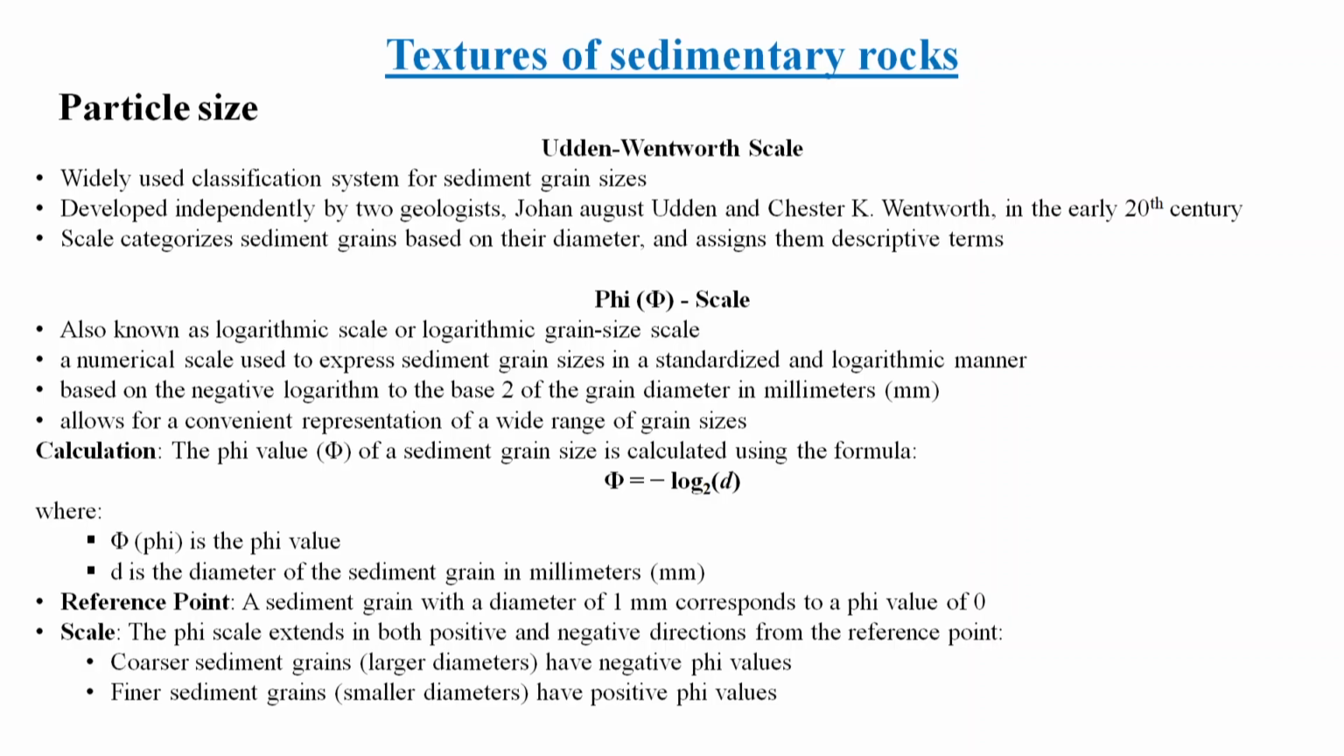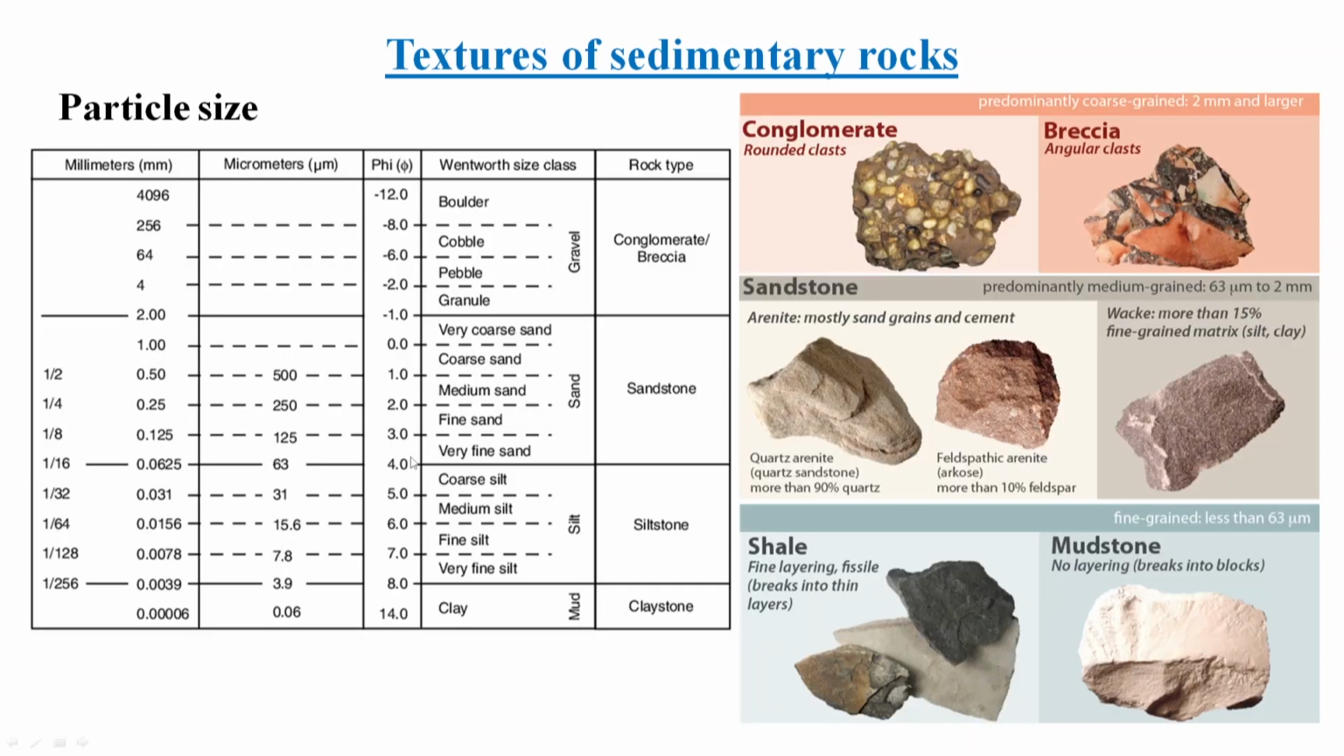If a rock is very fine, some grains are even less than your 1 millimeter diameter, which is the reference or the standard, then the phi value will be positive, because here we are taking a negative of the logarithm base 2 of your diameter value. So, particle size based on this you can segregate based on the Udden-Wentworth scale as well as based